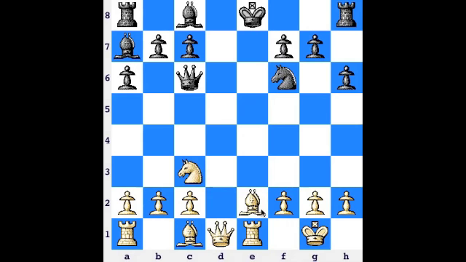So the discovered check, if you want to pause the video, now's the time to find the move. You want to find the bishop move that will be the most destructive as possible. Bishop to b5 check because of the rook. And now in this position,